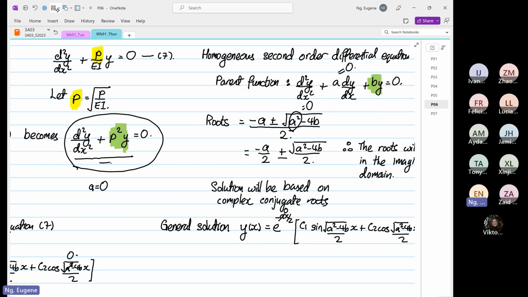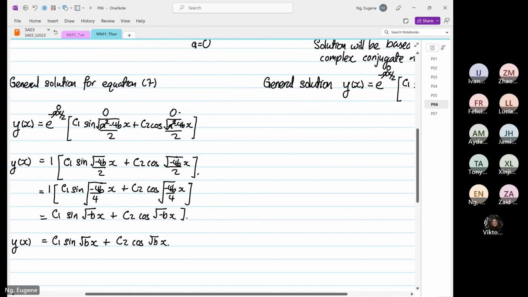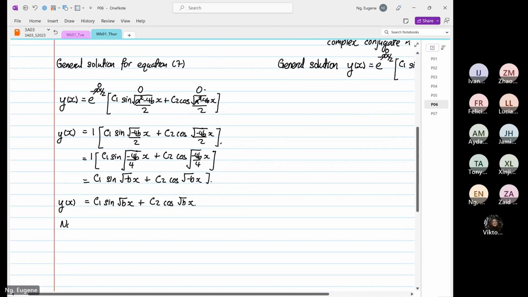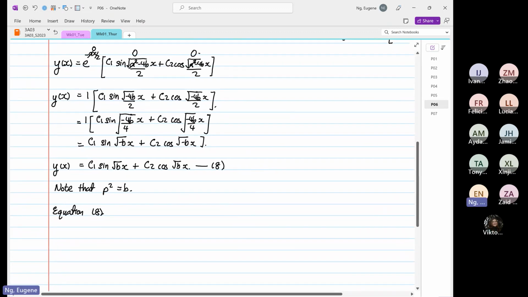Note that p squared is equal to b. I'm going to call this equation number 8. So when that's the case, equation number 8 will be equal to y as a function of x is equal to C1